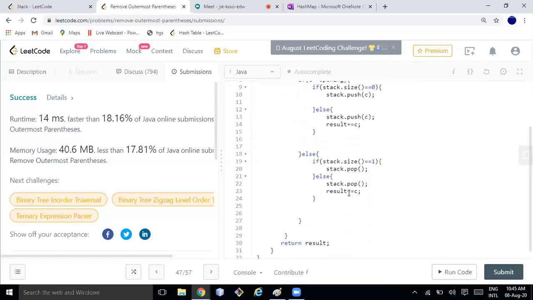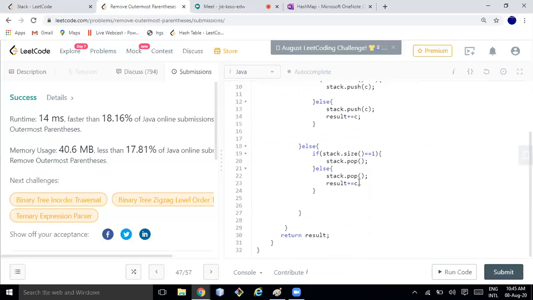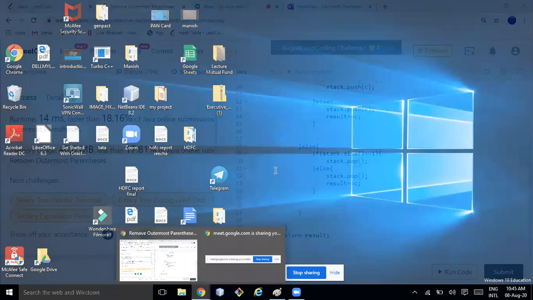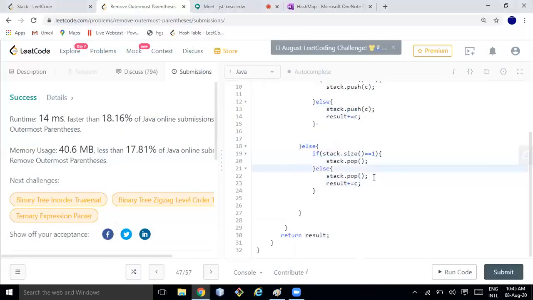Write it clean so that no condition or corner case is missed. Earlier my code was not that great, but this time it is more clear and better. Okay, let's move to the next problem.